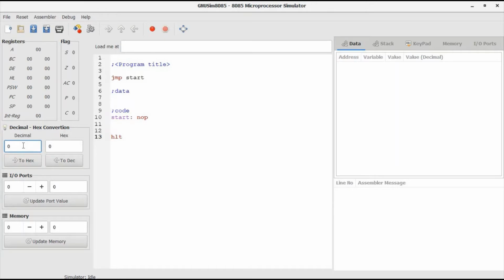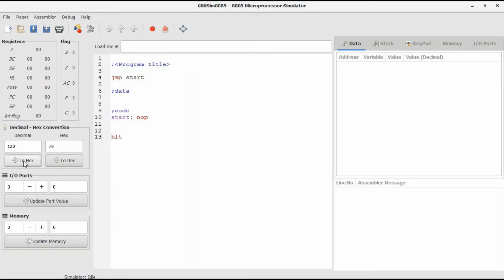For example, suppose in decimal I have 15 and I want to convert it into hexadecimal. I'll press this button, it will give me F. So 15 in decimal is F in hexadecimal. Similarly, if I want to convert 120 to hexadecimal, then it will be 78 in hexadecimal.